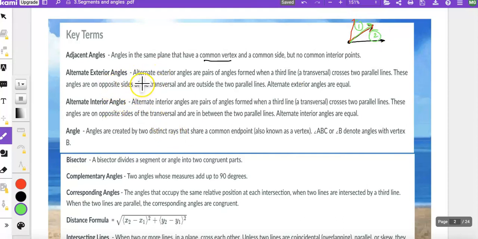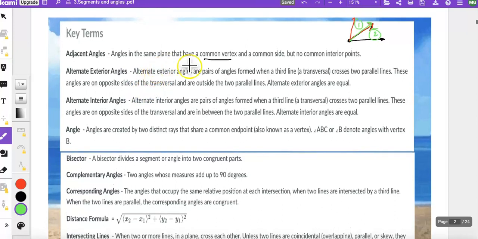Next definition is alternate exterior angles. Alternate exterior angles are pairs of angles. This means two angles formed when a third line, a transversal, passes through two parallel lines. These angles are on opposite sides of the transversal and are outside the two parallel lines. Alternate exterior angles are equal. So what it says is, alternate exterior angles are pairs of angles formed when a third line, a transversal,